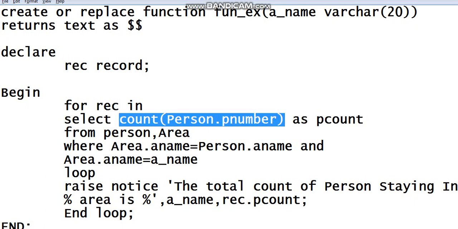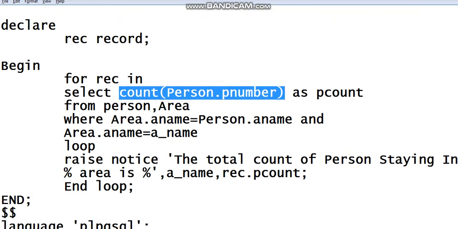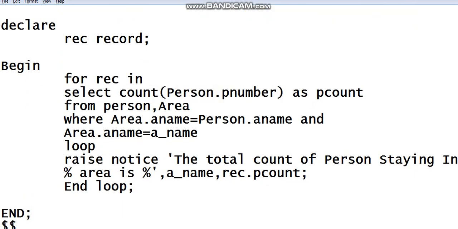Then end loop and end. Here you can write the return statement, to return what you wish. We can return rec.p_count.